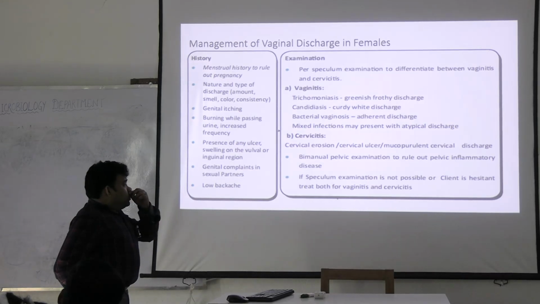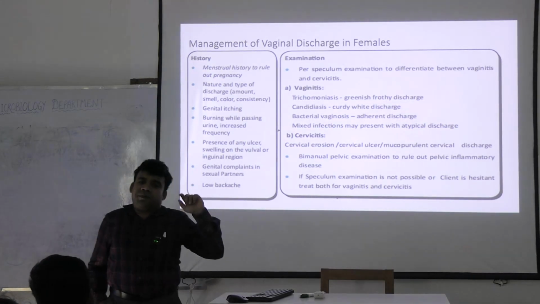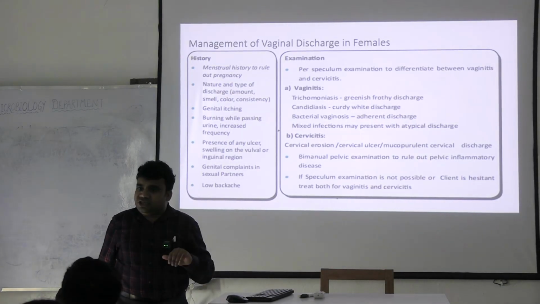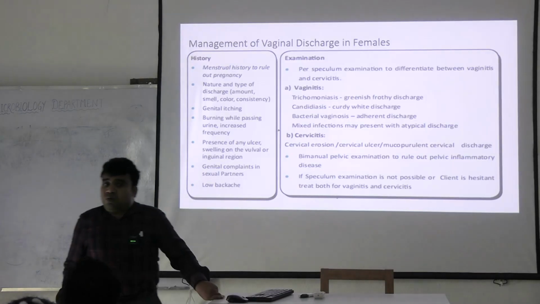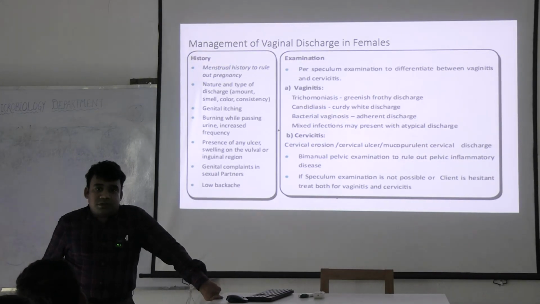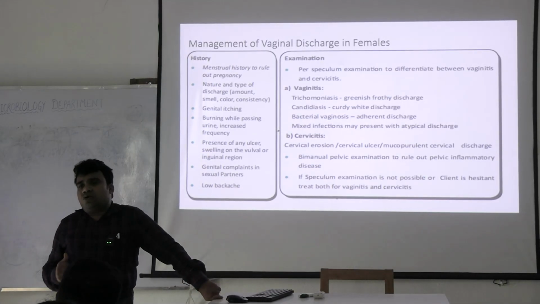Furthermore, because of the ulcers, there may be swelling in the vulval region, and for example, if there is a herpetic lesion in the cervix, the patient will complain only of scanty discharge, not heavy discharge, and along with that, she may also complain of dyspareunia, that is pain during intercourse, or lower abdominal pain. This you have to also accept.